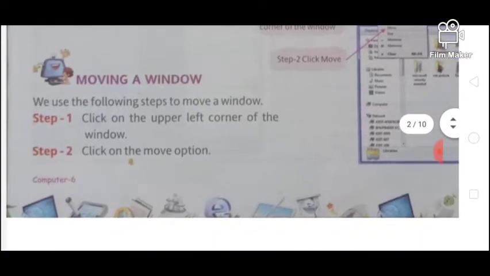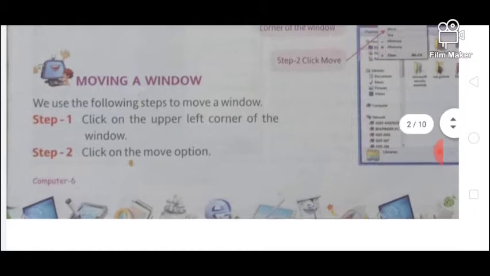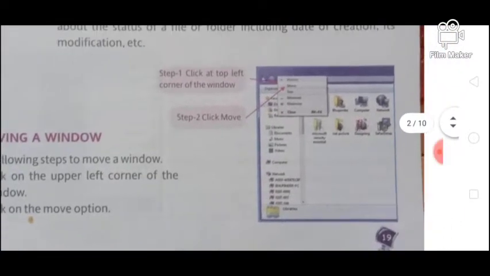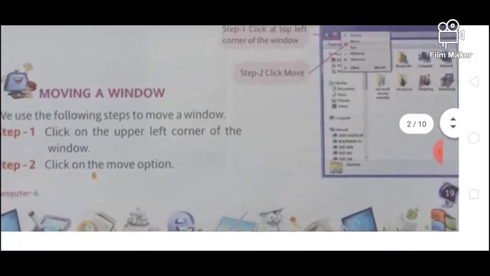Moving a window. We use the following steps to move a window. Step 1, click on the upper left corner of the window. Step 2, click on the move option. Here, click at the top left corner of the window, then click move option. This is the way you can move it.